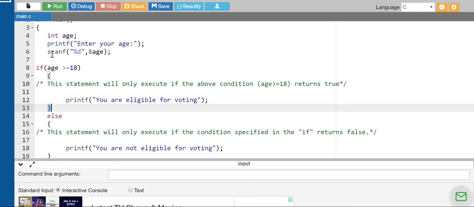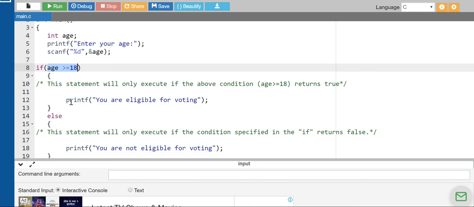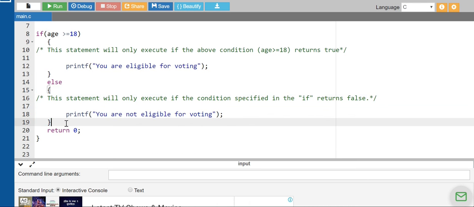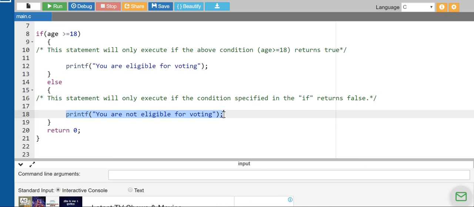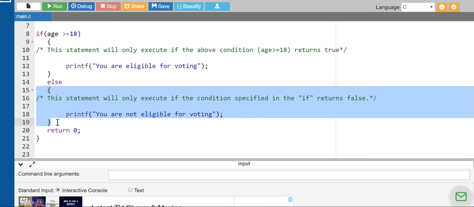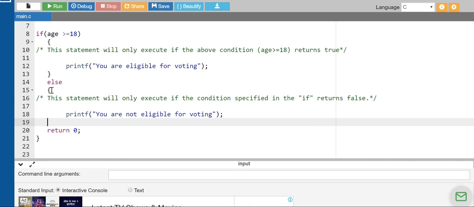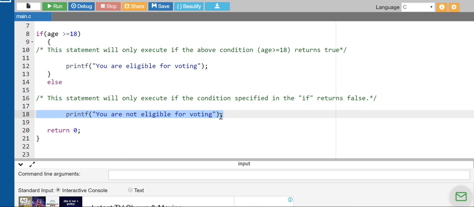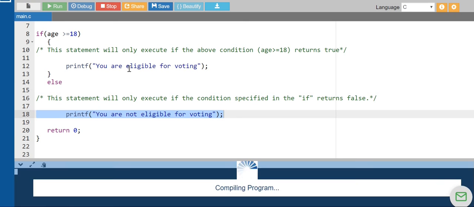Now if this condition is false, then the else part will run, it means this statement will run. Again, if you are having multiple statements, you need to use them. If you are having a single statement, which is valid in this program, then you don't need to use the pair of curly braces. Now run this.